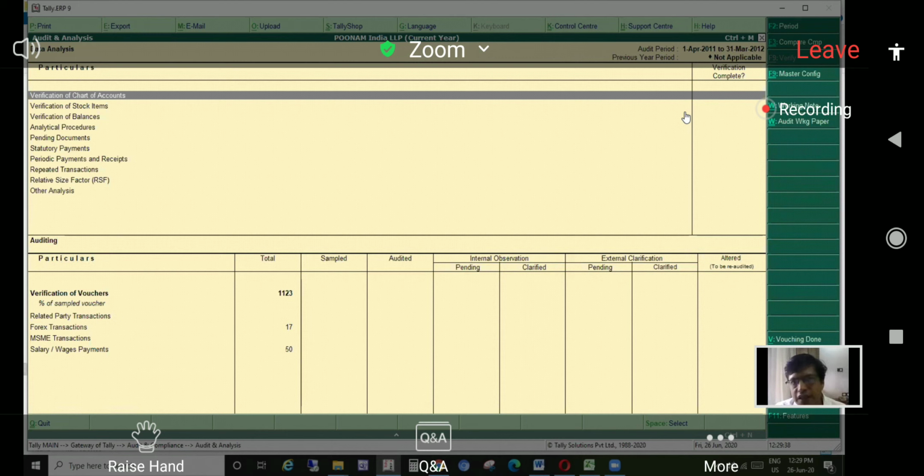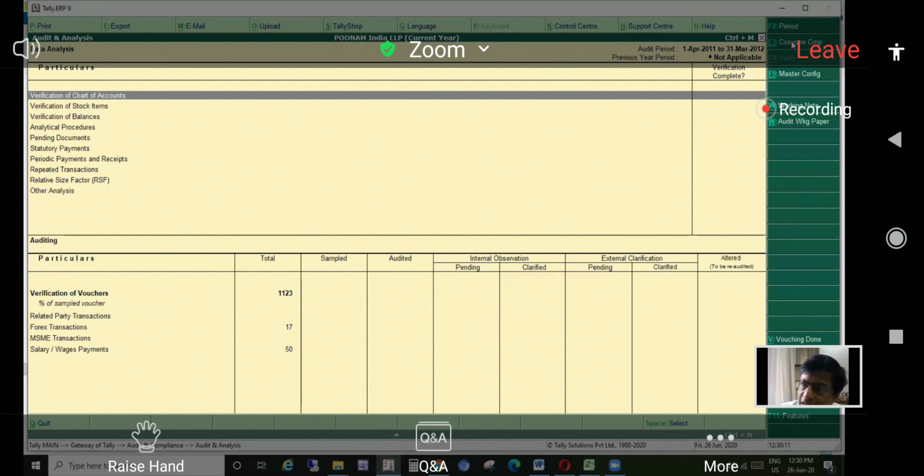They have split the data. I strongly recommend users to split the data every year, because a new user or an accountant might go and change the masters after the audit is done, and then the entire financial reports which have been generated go for a toss. So it is highly recommended that we split the data. Here we are taking a scenario where the data split has happened, this company is for the current year, and now we have to look at the previous year. So how do we do that?